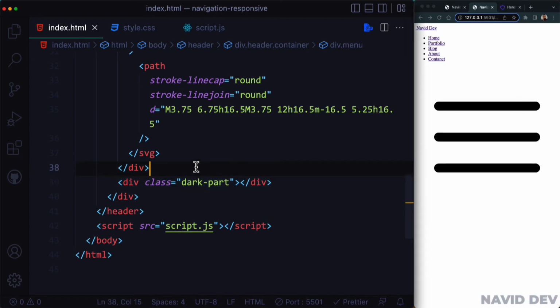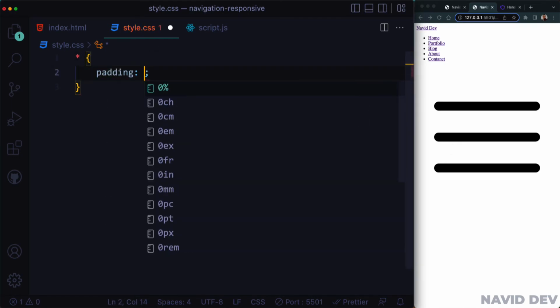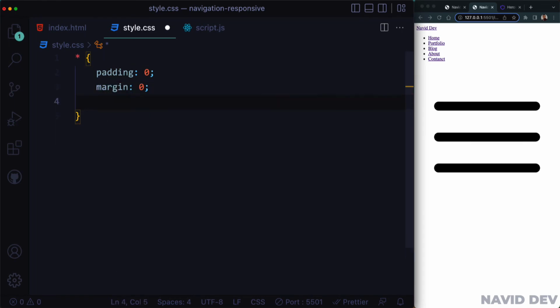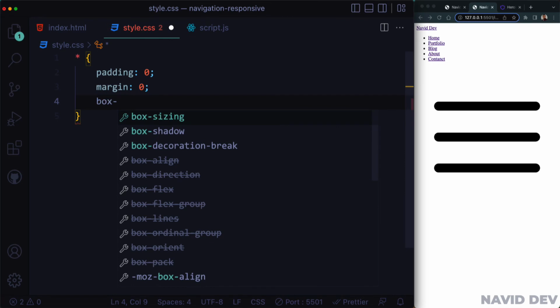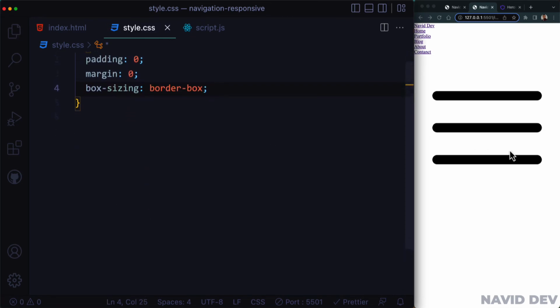All right, let me get back to the style file, and in here I am just gonna add some style. I will say padding 0, margin 0, and box sizing border box. All right, after that I'm gonna add some